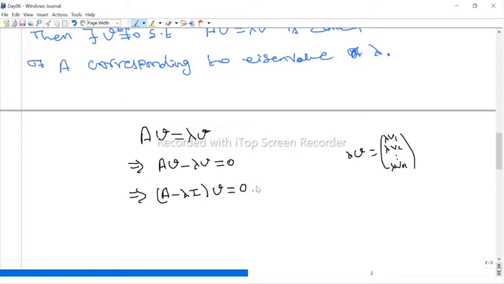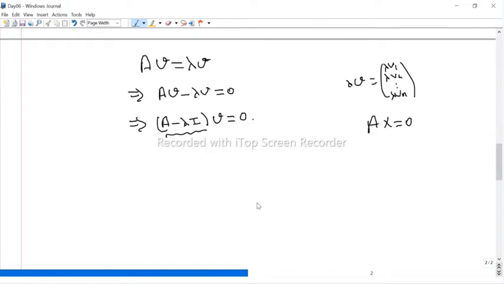Now this is a system of equations. This is a homogeneous system, right? Instead of Ax equal to b, here this is our matrix and this is our vector x equal to 0. So we have to find a solution of this homogeneous system of equations. That solution is called the eigenvector, if it is a non-zero solution, because V equal to 0 is always a solution, but we need a non-zero solution. So how do we define the eigenvector? The non-zero solution of the system of equations.